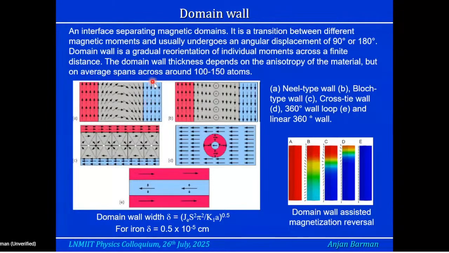This is a Néel wall. And here you can see it goes like that. It goes into the plane of the system and comes out again. And then it's like that. So this is called a Bloch wall. And there can also be a 360-degree wall and wall loop. This is a linear 360-degree wall and so on and so forth. Okay. So the good thing about the domain is